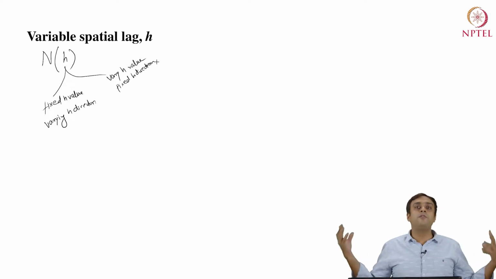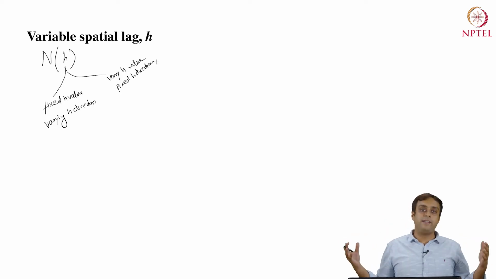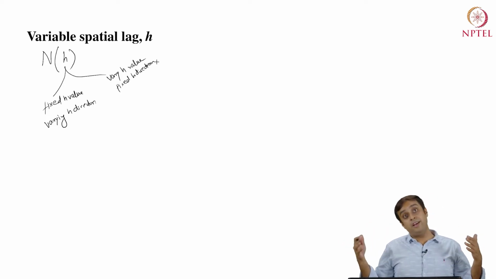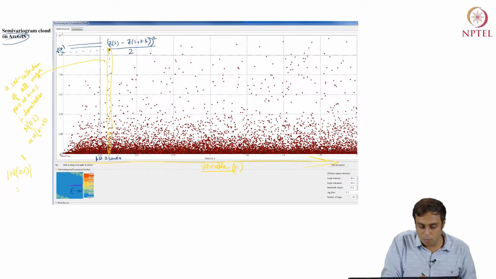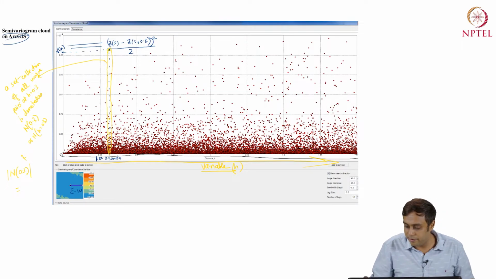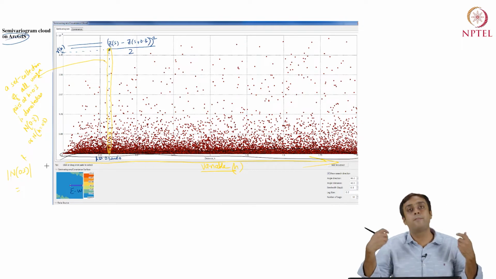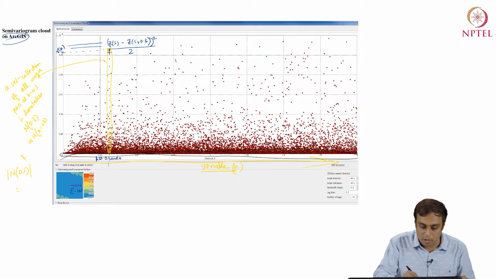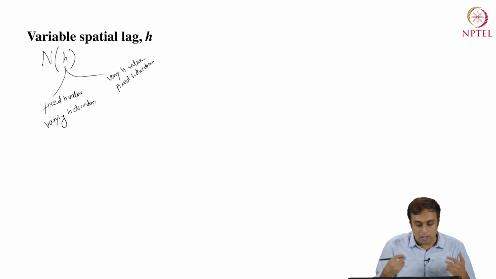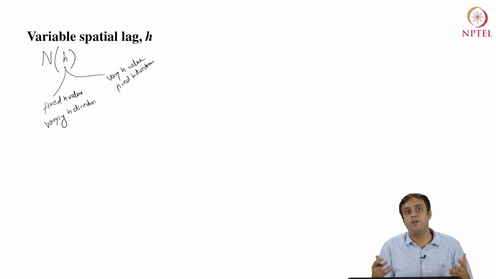For all the permutations and combinations that I get for a given value of h on this semi-variogram cloud, I am only using the distance metric. So, I am plotting all the directions with h equals 3 on this vertical line that represents h equals 3. Now, we have moved one step further.